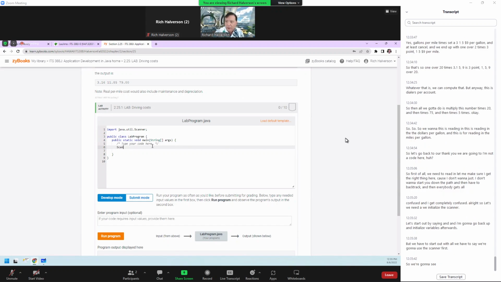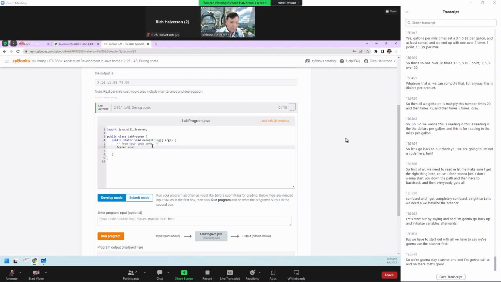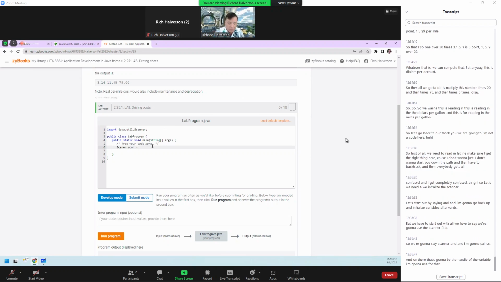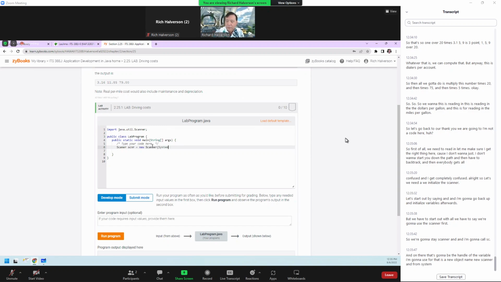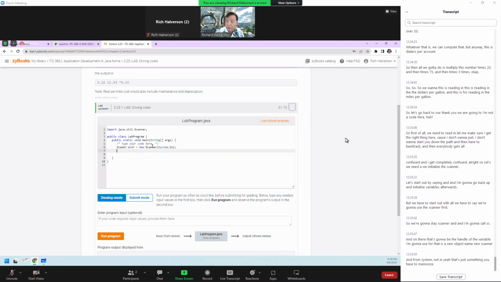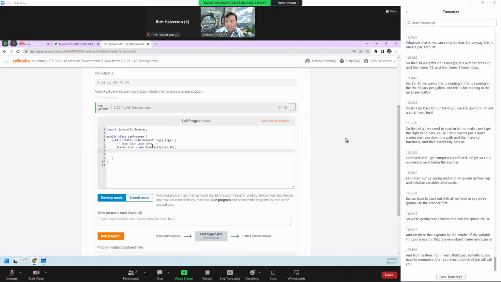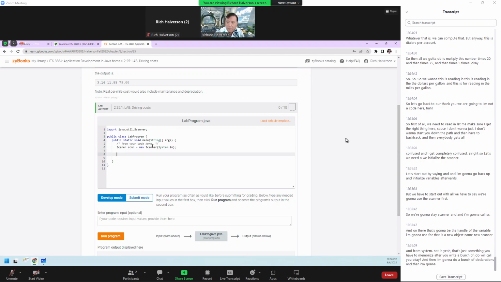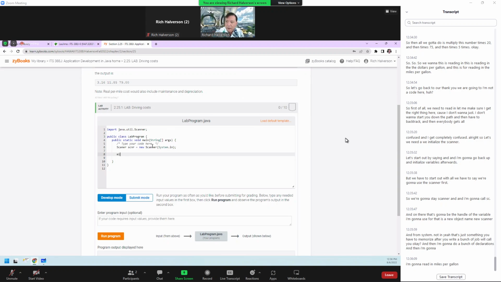So we're going to say Scanner, and I'm going to call it SCNR. That's going to be the handle of the variable I'm going to use for that, a new object, new Scanner, from System.in. That's just something you have to memorize after you write a bunch of Java code. Okay, and then I'm going to do a bunch of declarations, and then I'm going to read in miles per gallon,